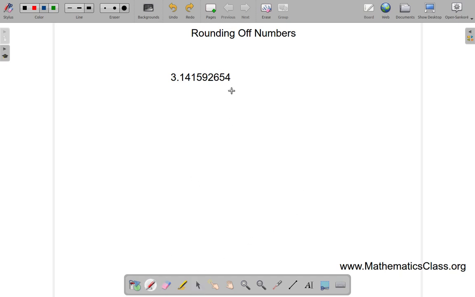Alright. If you are going to write pi and you're going to stop at this point, you would say 3.1. If you're going to stop at 4, you would say 3.14. If you're going to stop at 1, you would say 3.141. No, it would be 2, because there's this rule that says if you're going to stop at a certain